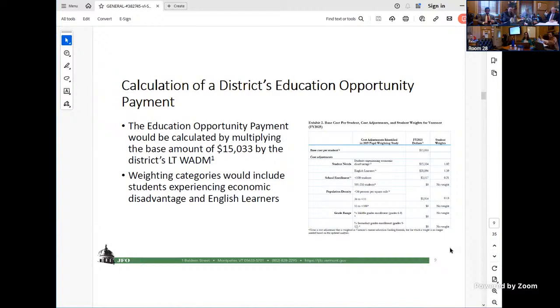Just a quick question. Originally, when the plan came out, we talked about the opportunity payment, it was 13, now it's 15 and change. What's the difference? Yeah, so the administration's proposal had a base amount of 13,200. Also different weights and weighting categories. The difference is reflected in differing underlying methodologies and policy choices.